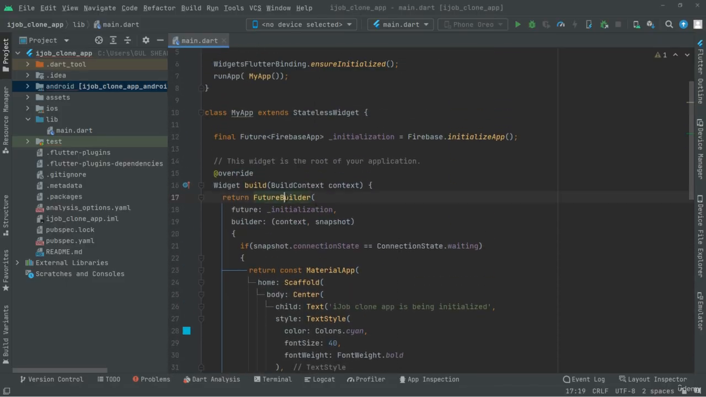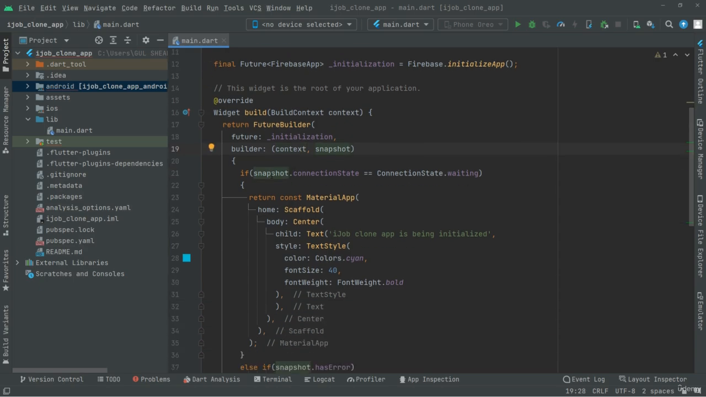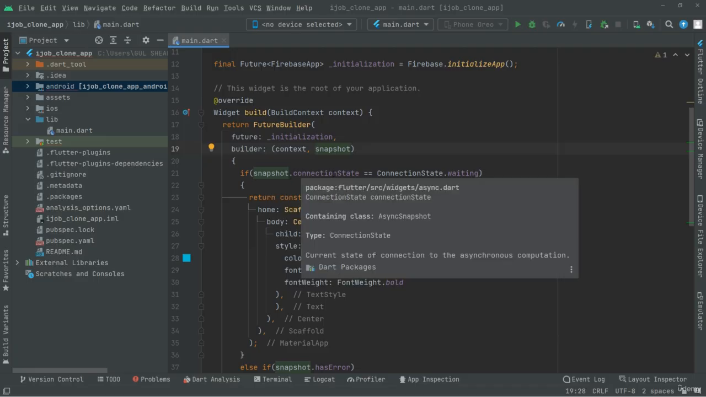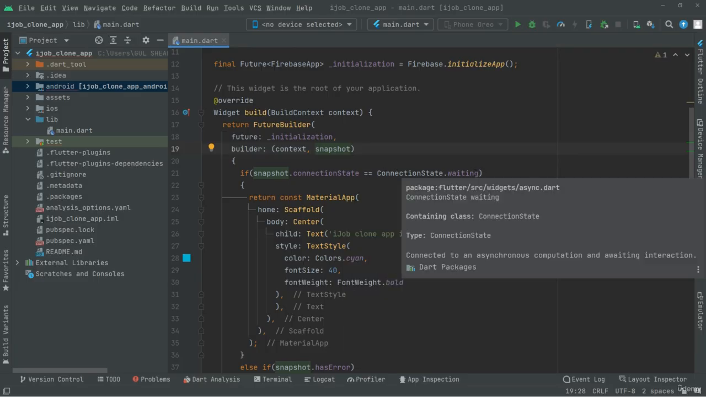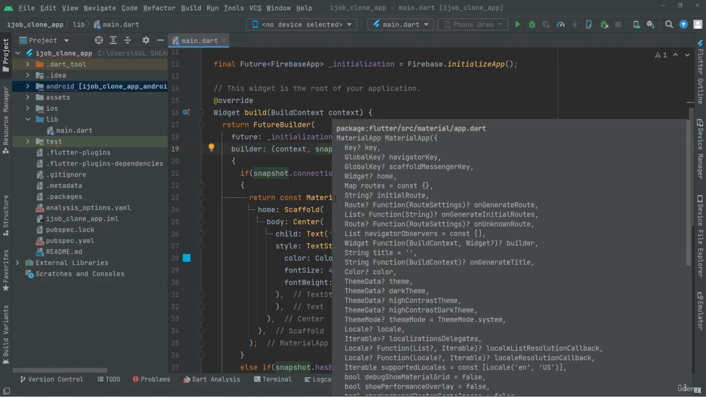Right in the future builder, first we will initialize the app as I told you already, and right in the builder there will be contacts, and right after there will be a snapshot which will basically contain our data. And then we set the if condition. If the snapshot, it means if the data and their connection state, is equal to the connection state dot waiting, then we will simply return the material app, and right inside that,